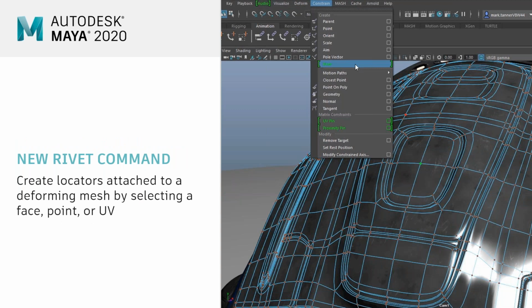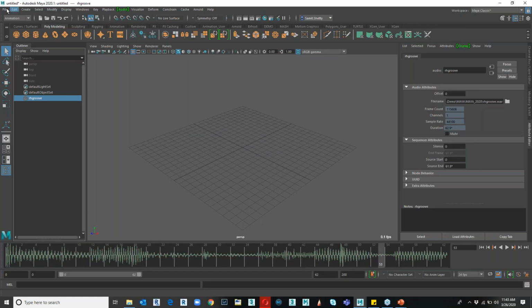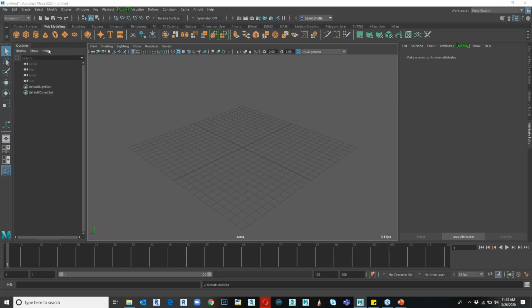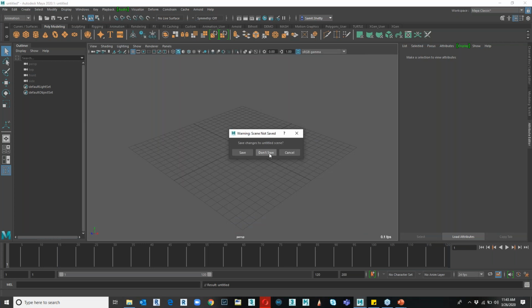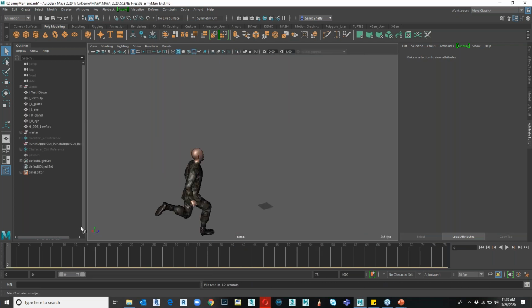new Rivet command. The Rivet command is a very interesting tool, especially for people who have done the modeling, done the animation, and after the animation is done, you want to add an extra element to a body or to a character, or it can be anything. Let's say I'm going to import the same army man. And what I have is this guy running, which we all know,